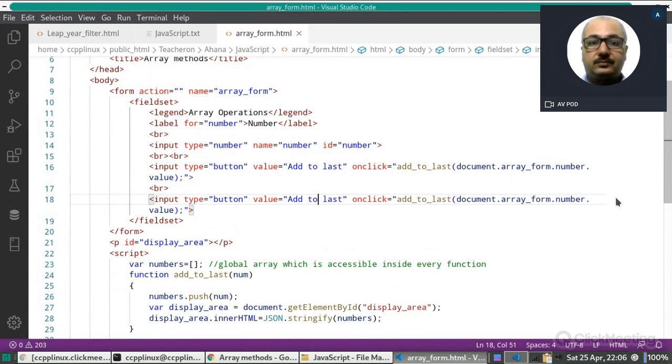Add to start, no, it should be beginning. Suppose its name is add to beginning.